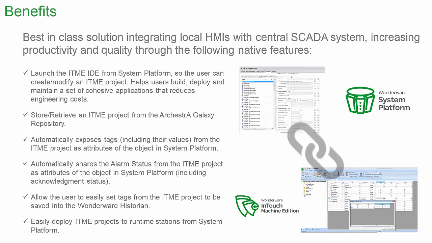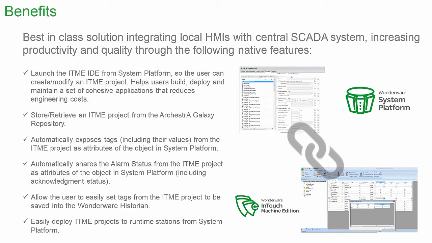So you notice that the configuration to make this link happen is extremely simple. You can launch the HMI editor directly from the SCADA, from the System Platform Orchestra IDE. The project is automatically saved. The HMI project or projects are automatically saved into the Orchestra Galaxy repository, so you have a central location to manage your projects. You can automatically exchange data, event-driven, between the runtime HMIs and the central server, so only when tags change values you have communication, and it's extremely simple to link the tags from the HMIs with attributes